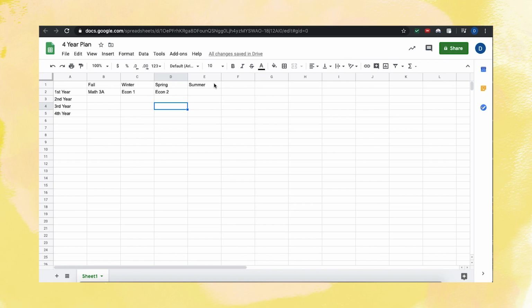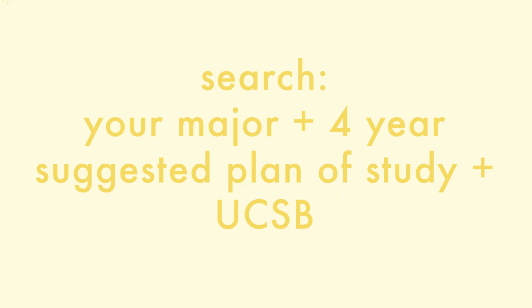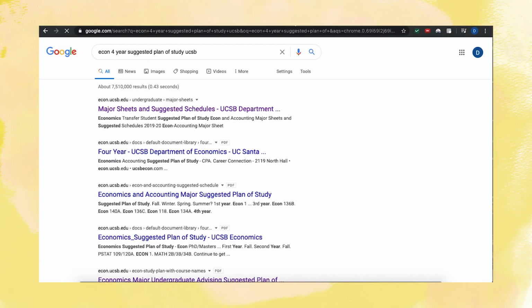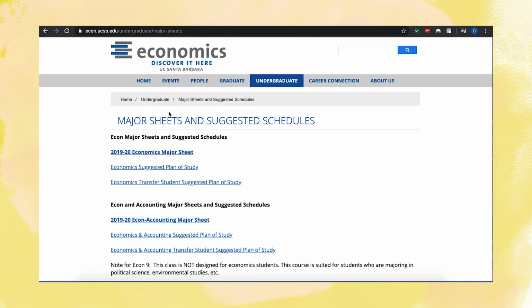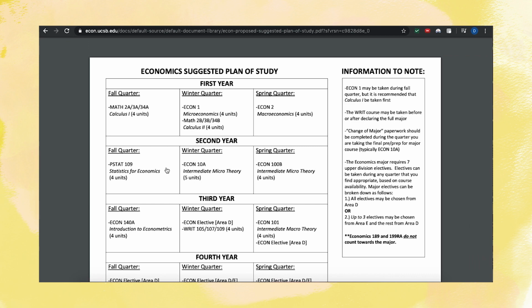to learn. How you're going to find what classes you want for your major is you are going to go ahead and search whatever your major is. So for me, econ, and then 4-year suggested plan of study. You're going to come to one of these. Most departments have a study plan like this, but I'll go ahead and show you if they don't